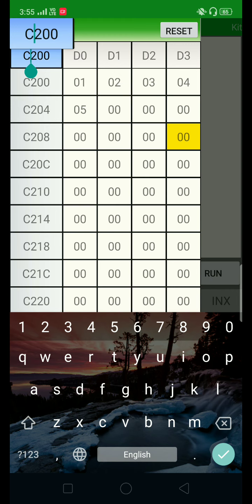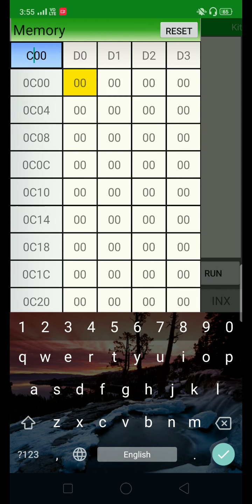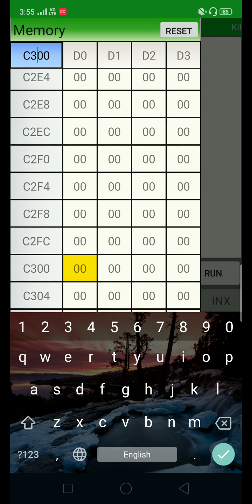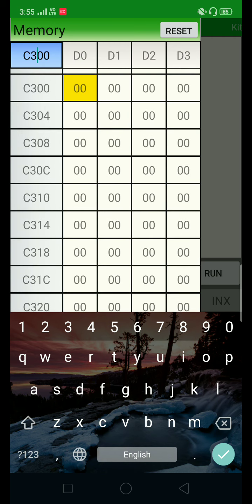Just change the address. Okay, so here we can see from C300 everywhere you will find 00. So after the execution, starting from this C200, you should get the array 1 content, that is 01, 02, 03, 04, 05, like that.